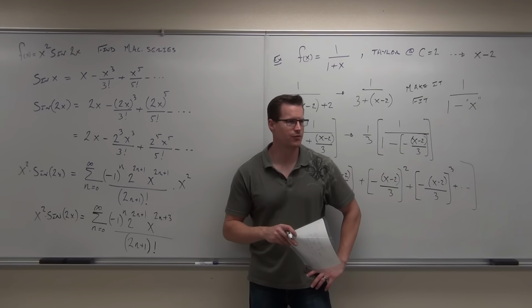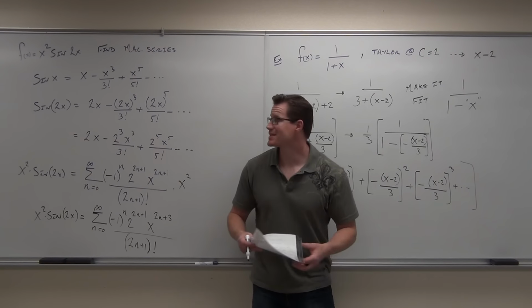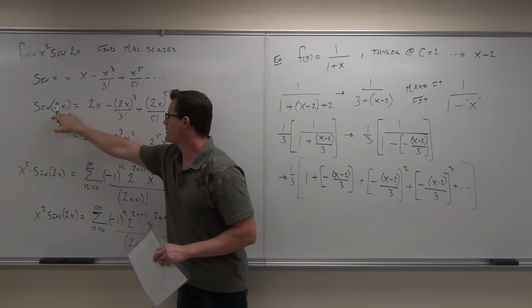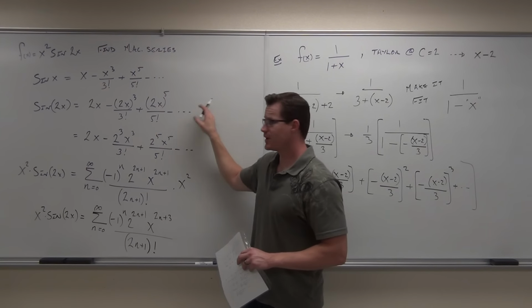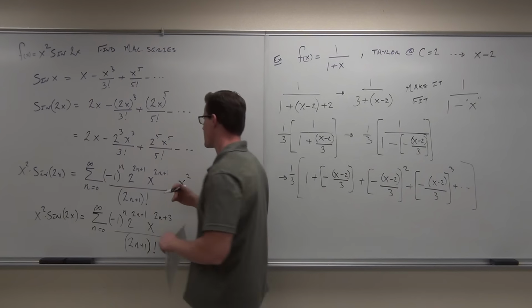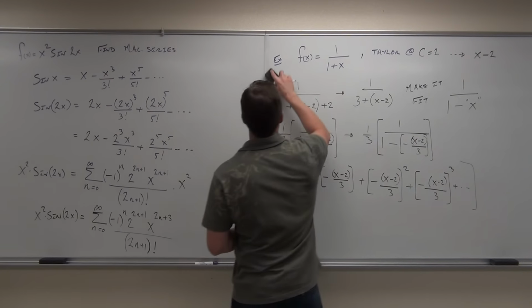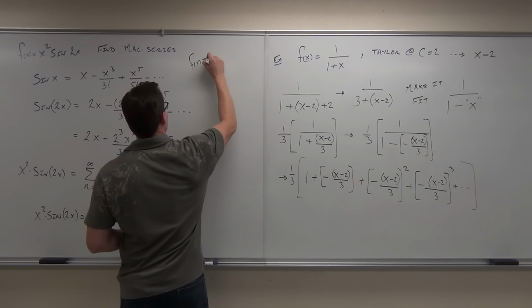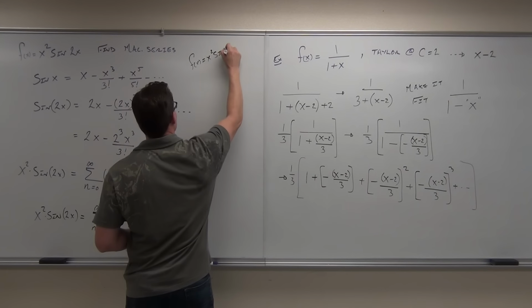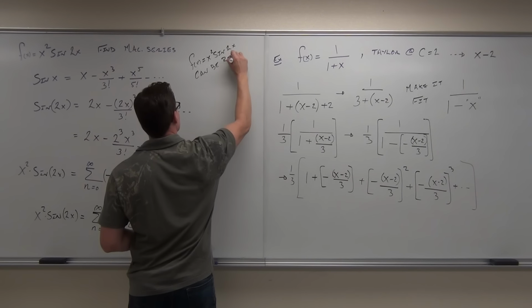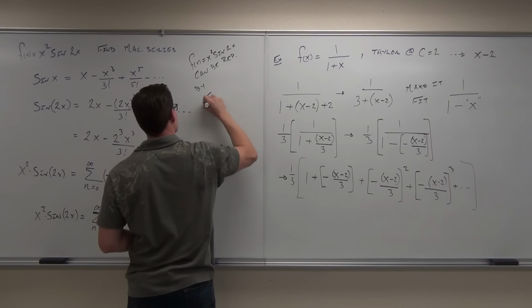Not sine inverse for our sine. Negative infinity to infinity. What that means is that if our sine is convergent on negative infinity to infinity, our sine of 2x is also convergent on negative infinity to infinity, and even when I multiply by x squared, it's still convergent on negative infinity to infinity. So we wrap this up and say that f of x equals x squared sine of 2x can be represented by our nasty series